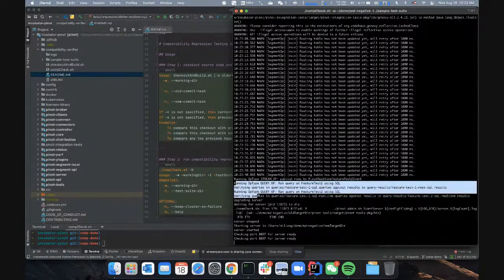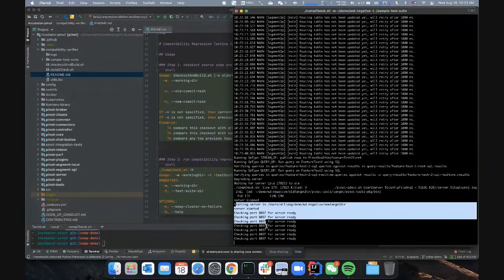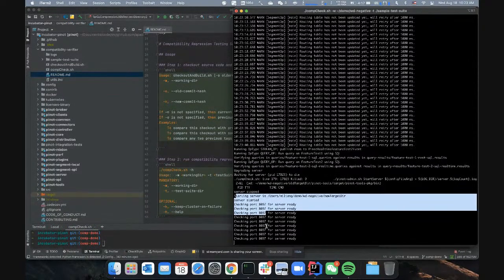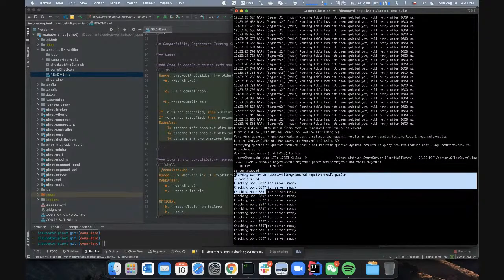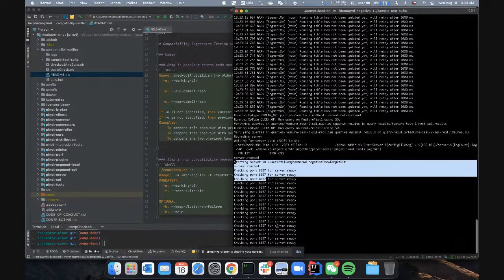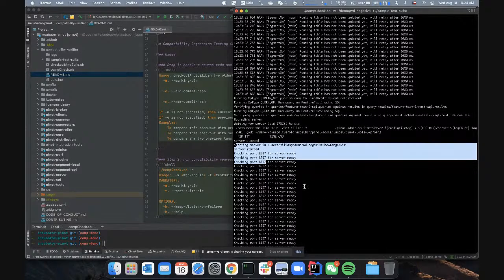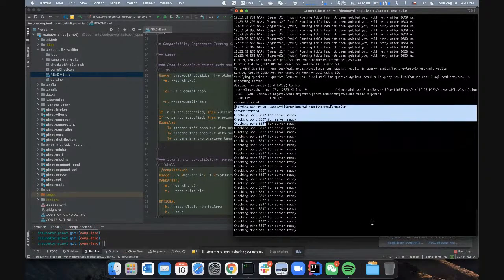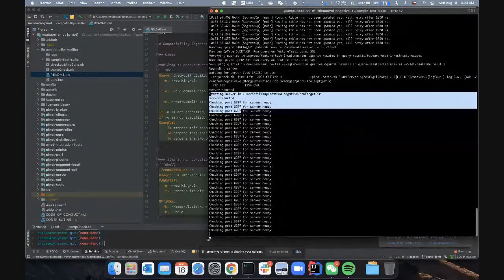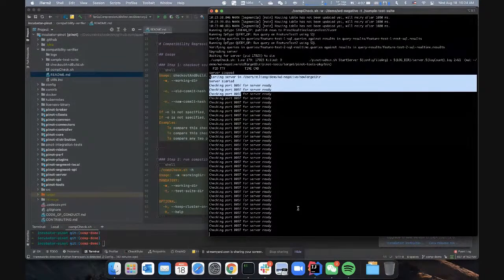Now we will try to upgrade the server. Oh, waiting for the server to be ready is a little bit time consuming.